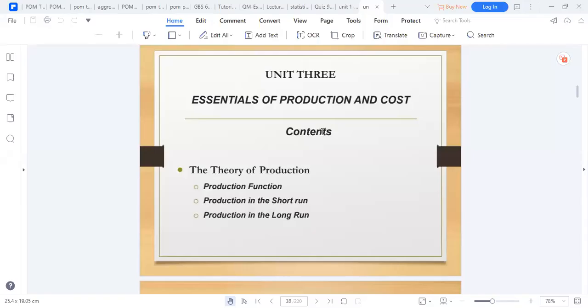We're looking at production theory and cost theory. So in production theory, we will discuss the production function, which represents the relationship that exists between the factors of production, which we call the inputs, and the goods and services, which we call the output. These ones are produced by a firm or an economy. And generally,